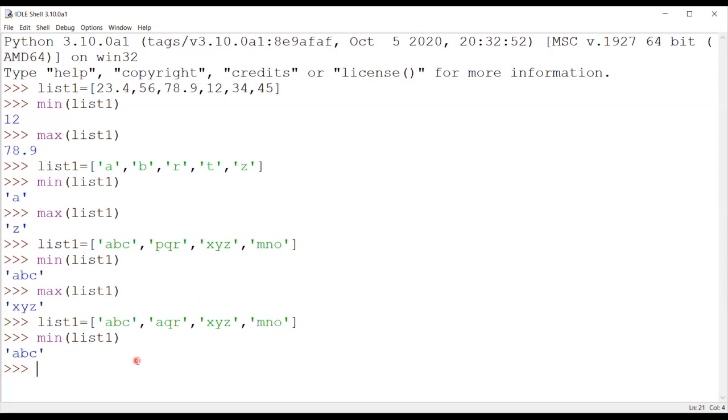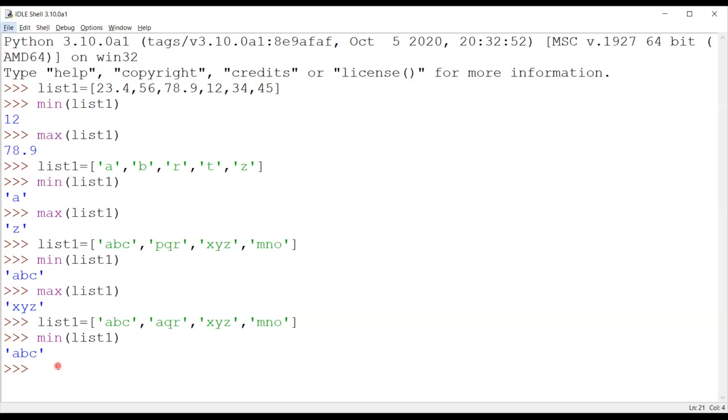That means in both the words, A and A are equal, both are similar. A is not lesser than A. So if we are not able to take the decision in the first character, then we jump on to the second character. Now we are coming on to B here and Q here. So if we compare B with Q, obviously B is the smallest one. That's why ABC is minimum.